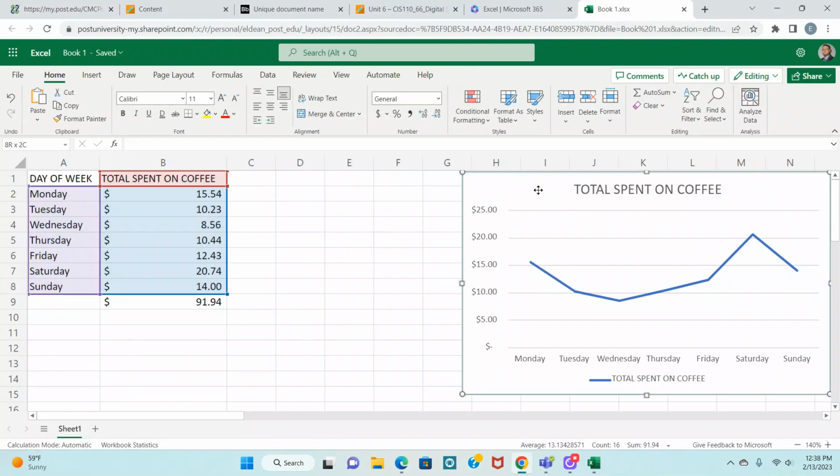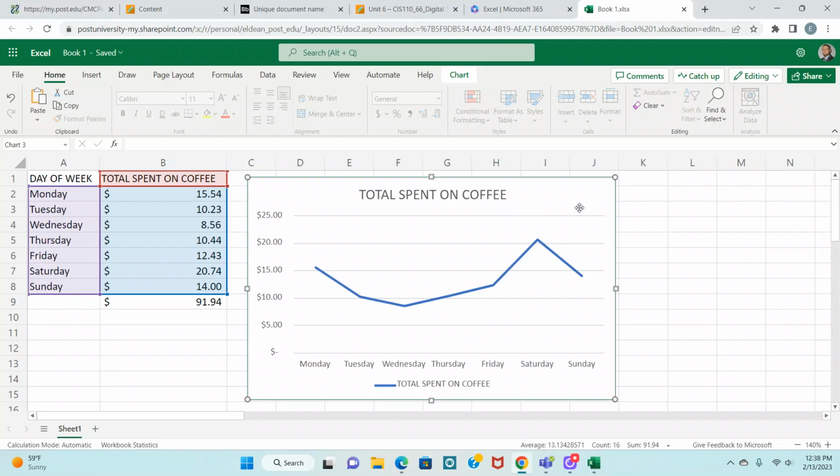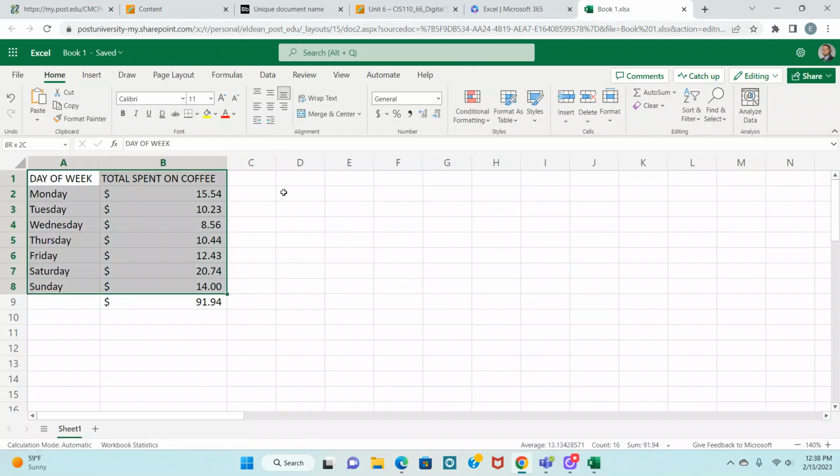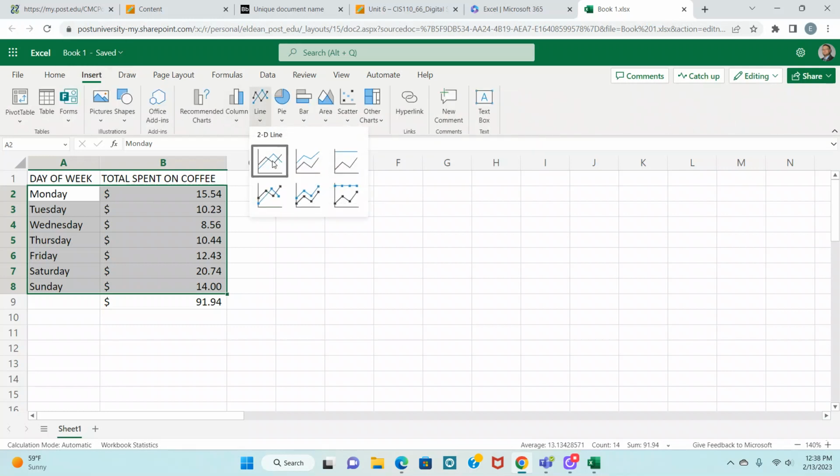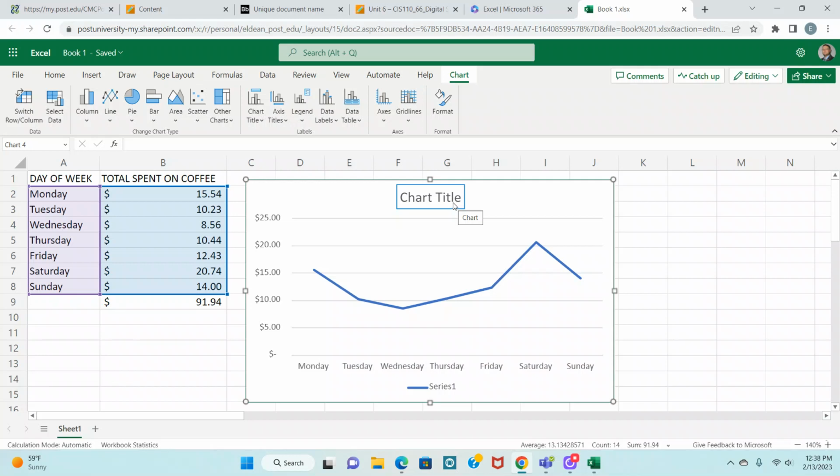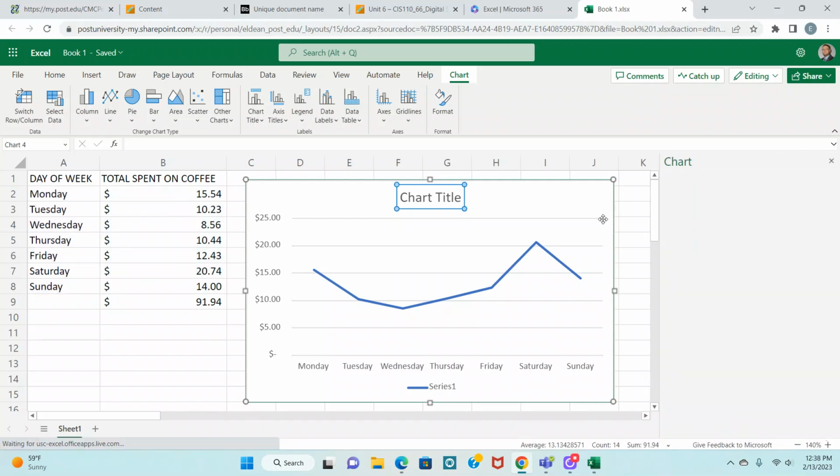If you do need to edit your chart title because you did not select that within your range of data, let's say that we only selected our days and our values on their own. If I go and insert a line chart here, we're going to see that chart title appears in the chart title instead of total spent on coffee. So we can click on that. If we do a double click,